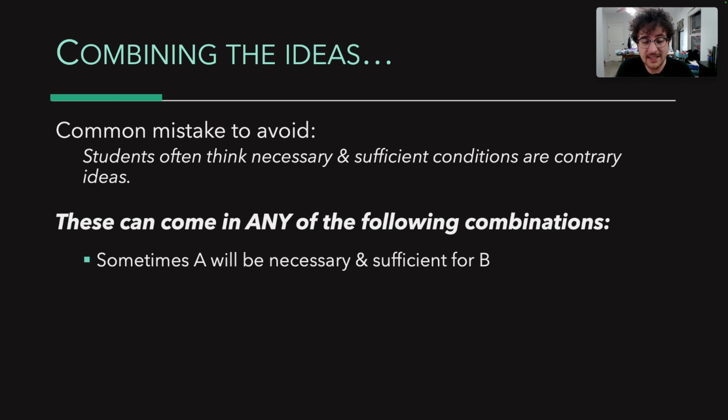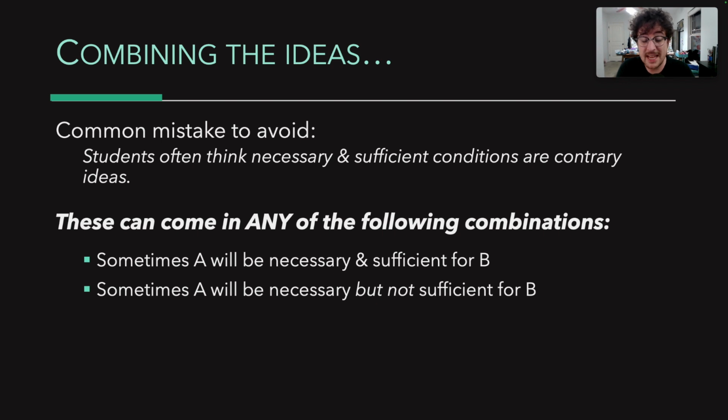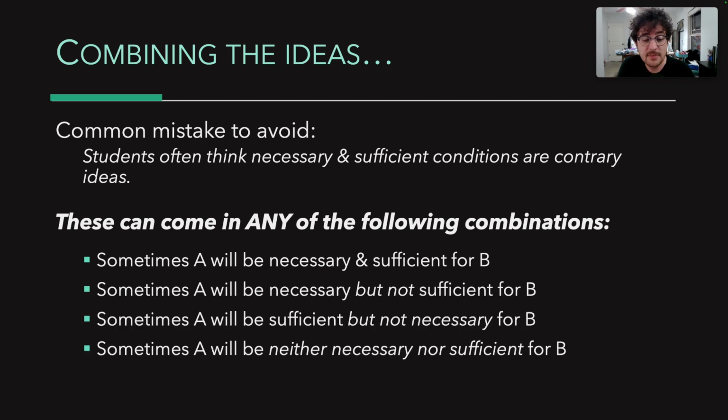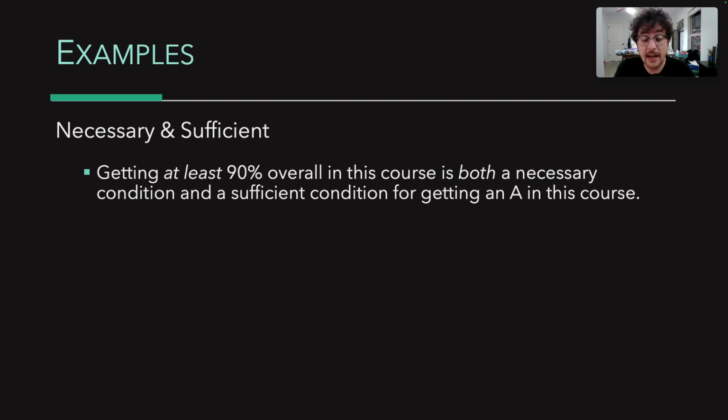Sometimes a condition A will be both necessary and sufficient for B. Sometimes it'll be necessary but not sufficient. Sometimes it'll be sufficient but not necessary. And sometimes it'll be neither necessary nor sufficient. Getting at least 90% overall in this course is both necessary for getting an A because you need to get at least 90%. If you get lower than that, you won't get an A. But it's also sufficient because if you do get at least 90%,